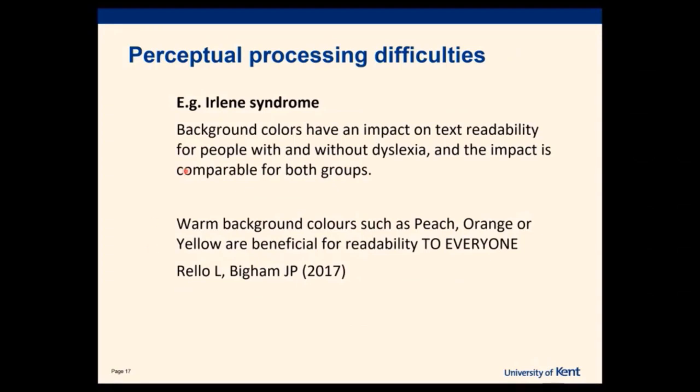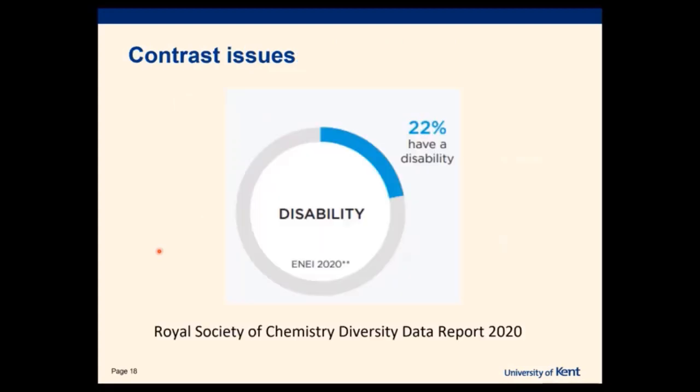People are familiar with dyslexia, maybe not Irlen syndrome. And here's a good example. I'm not going to steal the thunder from my next speaker talking about colour, but if you get the right tone background, it makes it easier to read, not just for people with Irlen syndrome and dyslexia, but for everybody. Readability is improved. So it's an example of having good design from the start.